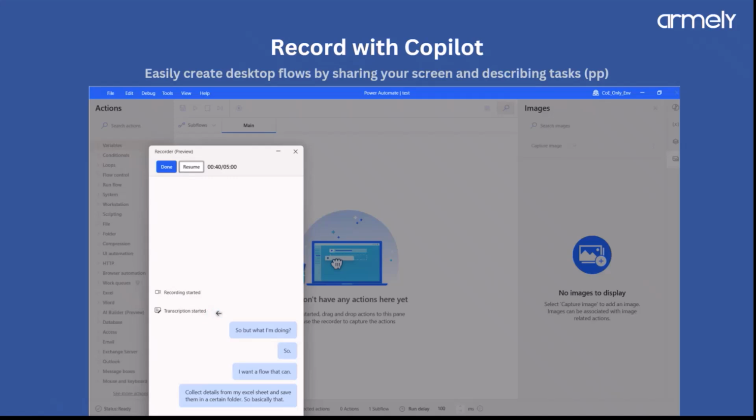I can say I want a flow that gets the attachments from my email and saves them in my downloads folder in my local machine. And now Copilot will transcribe what I've said, and then use that to create me the flow. And then as always, I can always edit to make it take care of everything that I want done. And